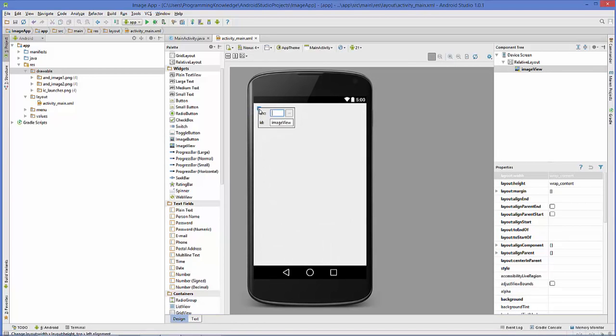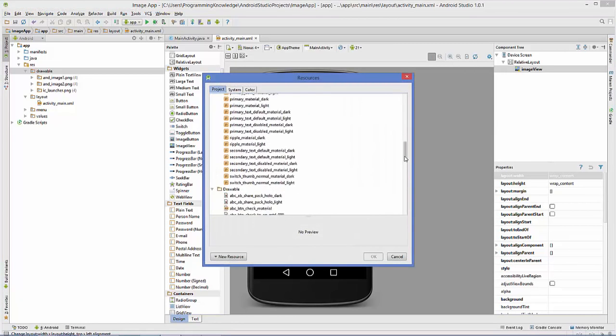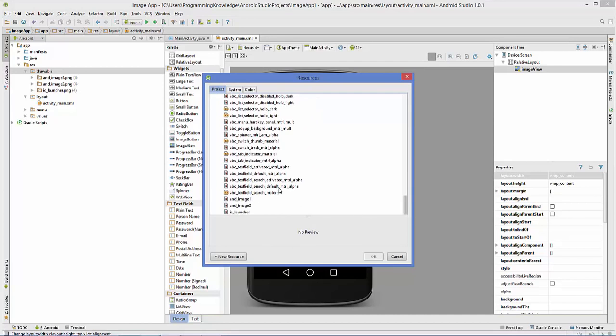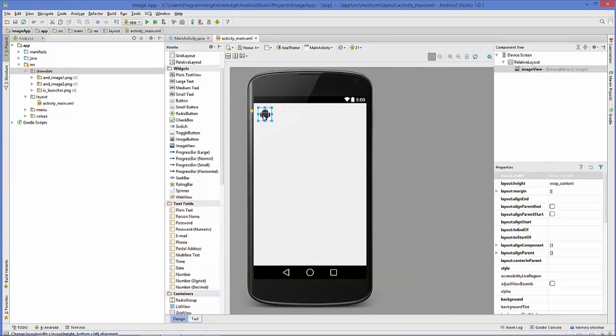So just double click this widget, and then in the source you just need to choose your source. So just click this small button at the side of the source, and in here you will be able to see at the bottom your two images, image 1 and image 2. Okay, so I'm going to choose the first image and click OK,